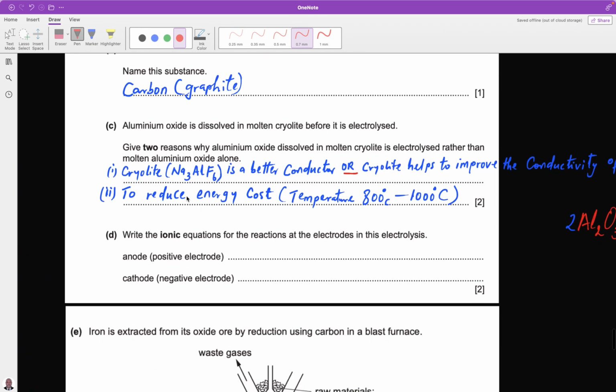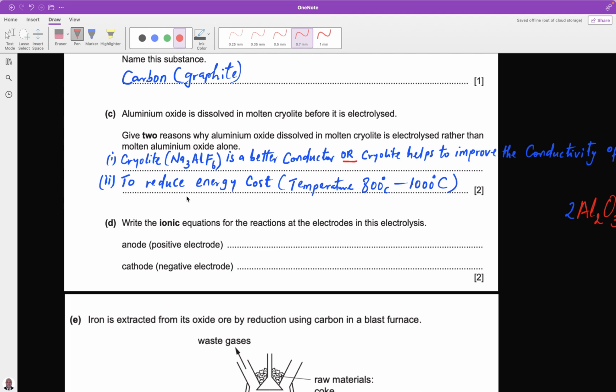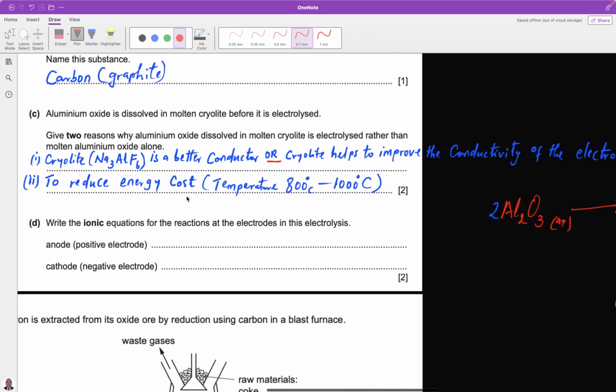Secondly, it is dissolved because it helps to reduce energy costs. When this is done, the temperature goes down to 800 to 1000 degrees. They help to reduce the energy costs. D. Write the ionic equation for the reaction at the electrodes in the electrolysis. Remember that